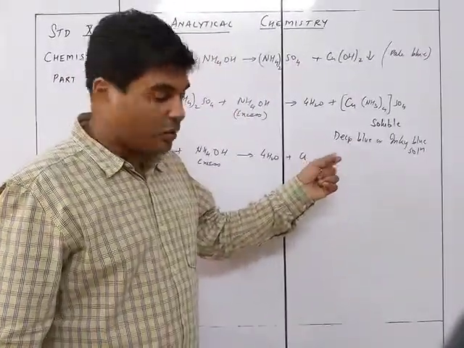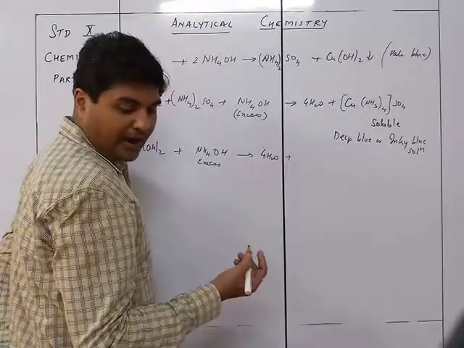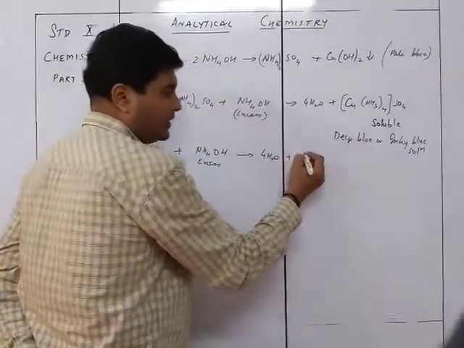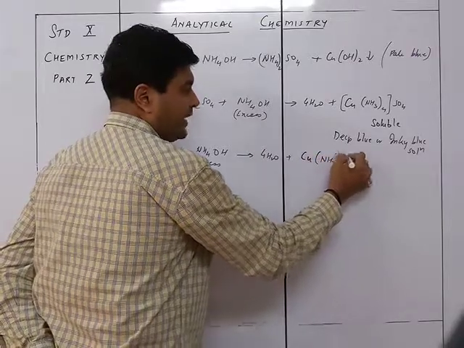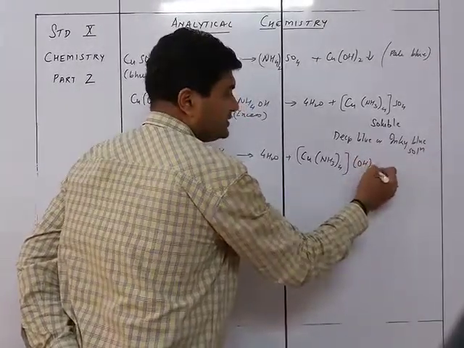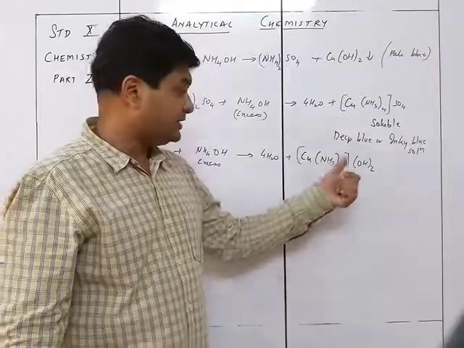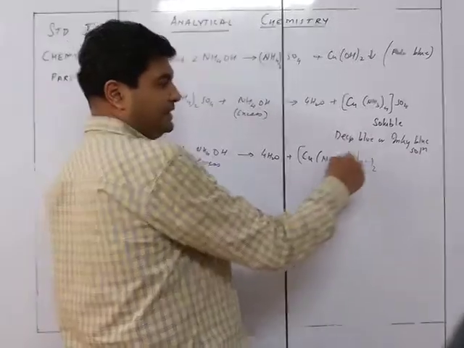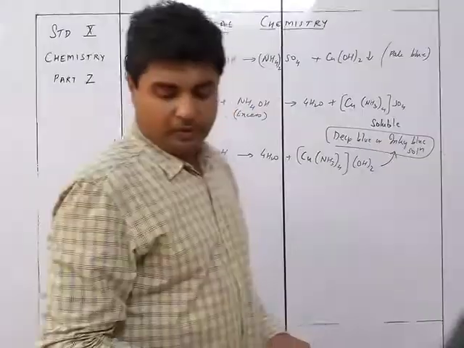Fine. So again it is going to give me the same thing, and that is going to be the hydroxide. So here it was giving me a sulfate, but now it will give me a hydroxide. So it is going to be Cu(NH3)4 times, and then OH twice. So this is going to be tetraamine copper hydroxide. But the color of this is because of this part, and that is again deep blue or inky blue. So the color will still remain deep blue or inky blue.